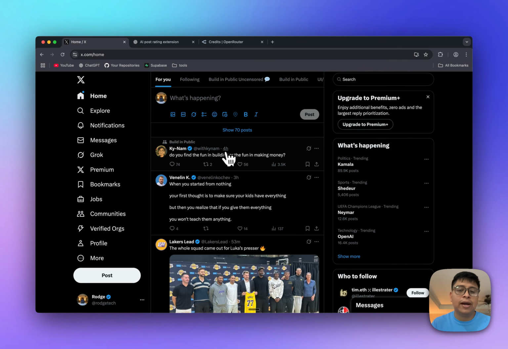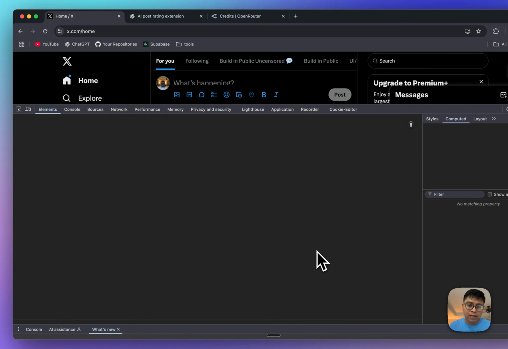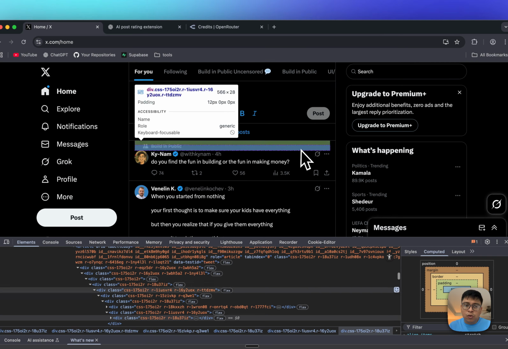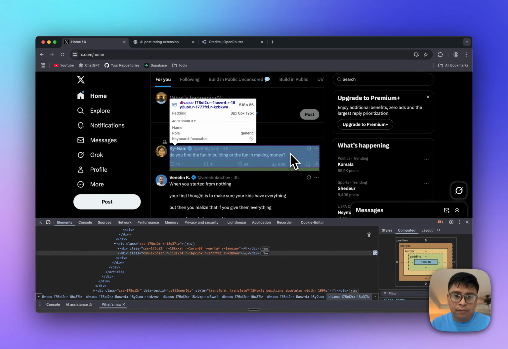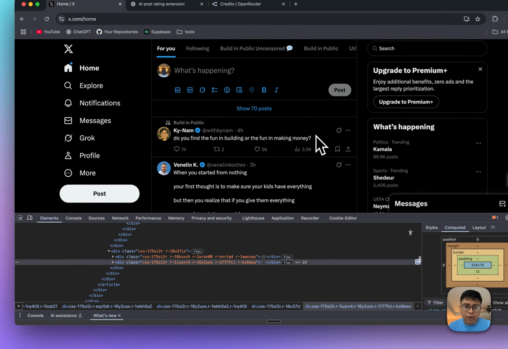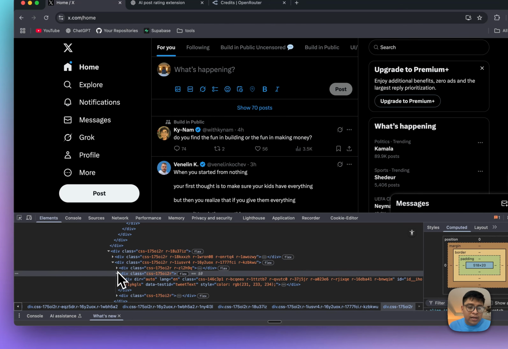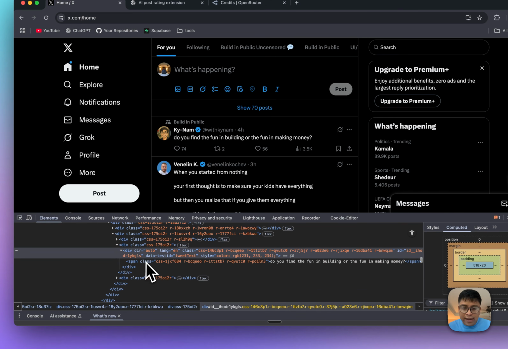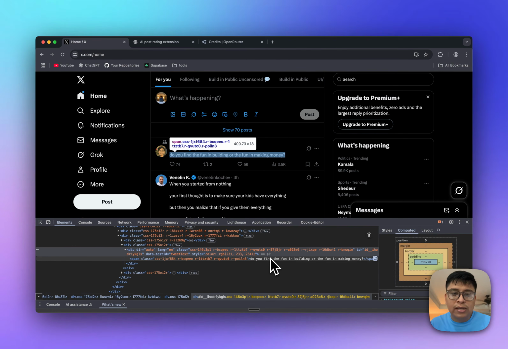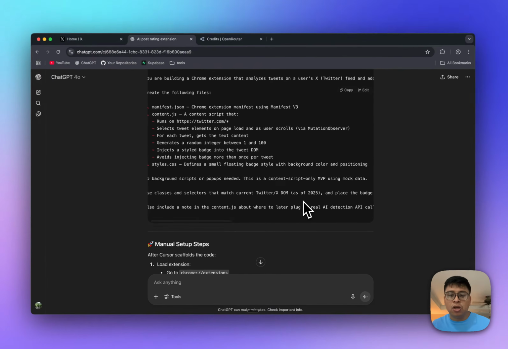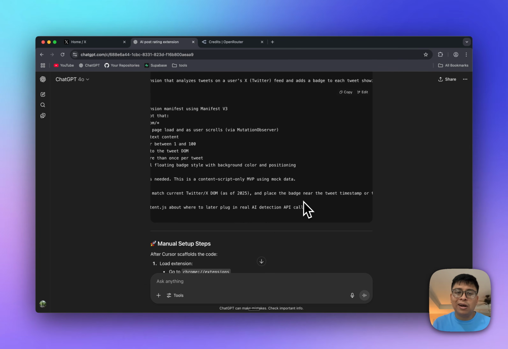and each post, right, if we inspect this, let's minimize this thing, grab this. So each post has a container that wraps it, right? So you can see this one has this container, and then within that we can find all the individual elements, right? Like the actual tweet body and other information. And so what we're saying here is that please use your up-to-date knowledge, right, to find